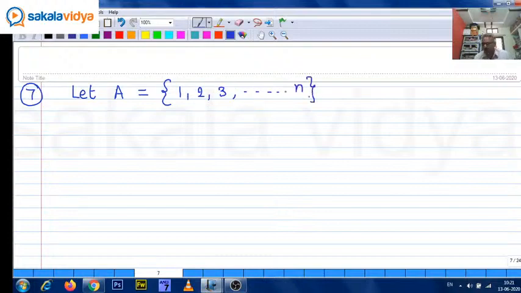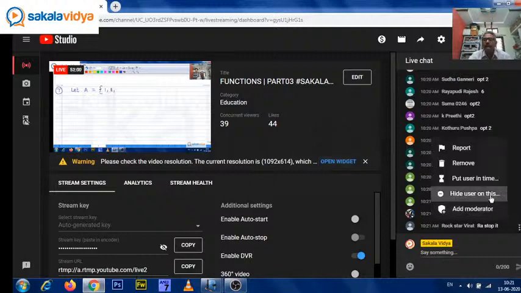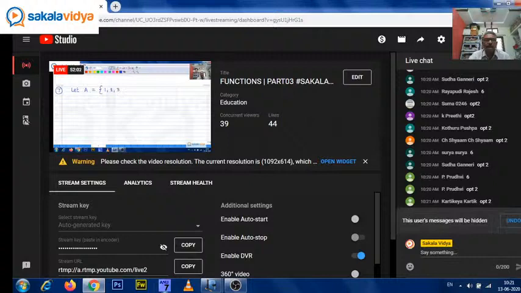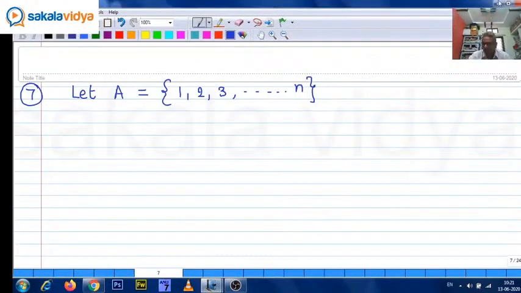That means the set of natural numbers. Right. A is equal to 1, 2, 3 and so on up to n,